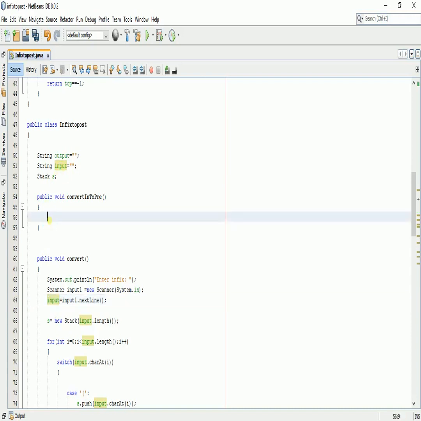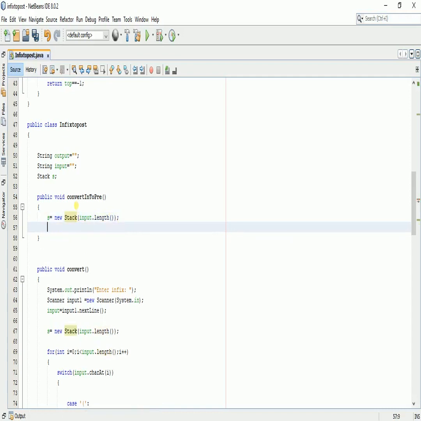Okay, I'm skipping that and what I'm going to do is create a new stack. I gave the size as of this input variable. Okay,